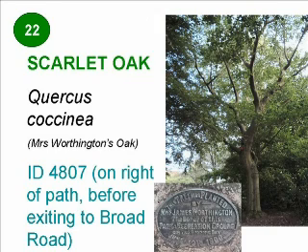Now we come to our final tree, tree 22, the scarlet oak, known as Mrs. Worthington's oak, ID 4807, which is on the right of the path before exiting onto Broad Road. From North America, with an irregular and quite slender shape, generally on a long sinuous trunk with rather few, long but slender wandering limbs, has even more deeply cut glossy leaves with narrower and sharper lobes and brighter scarlet autumn